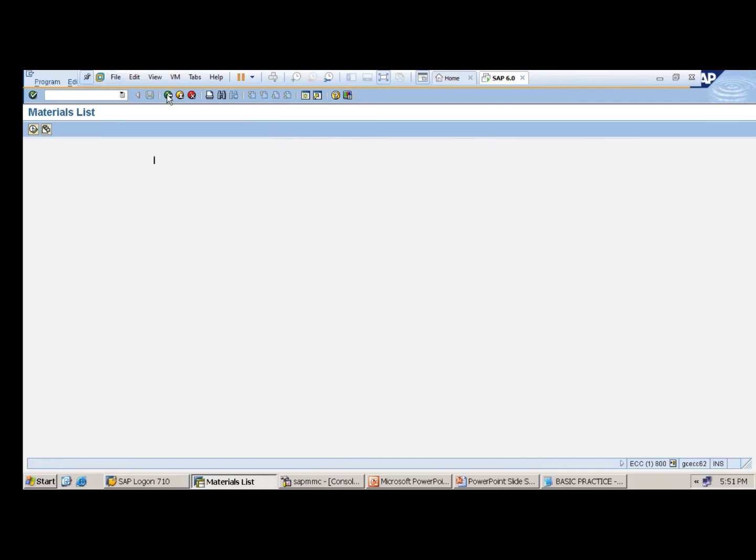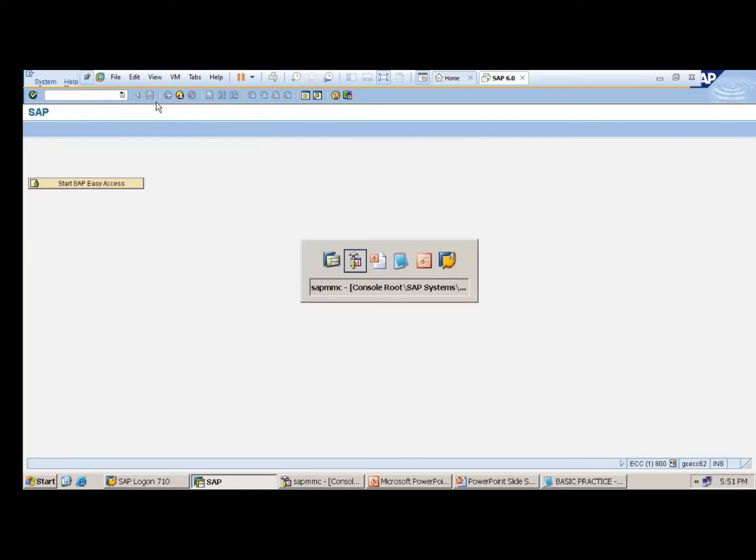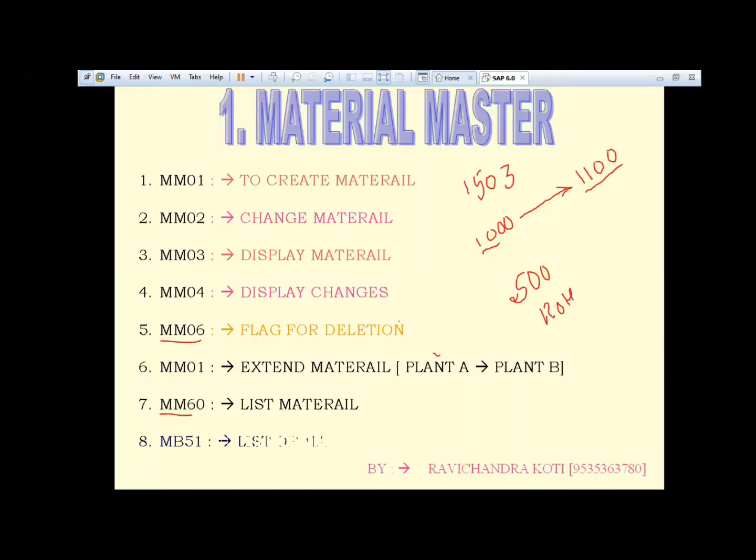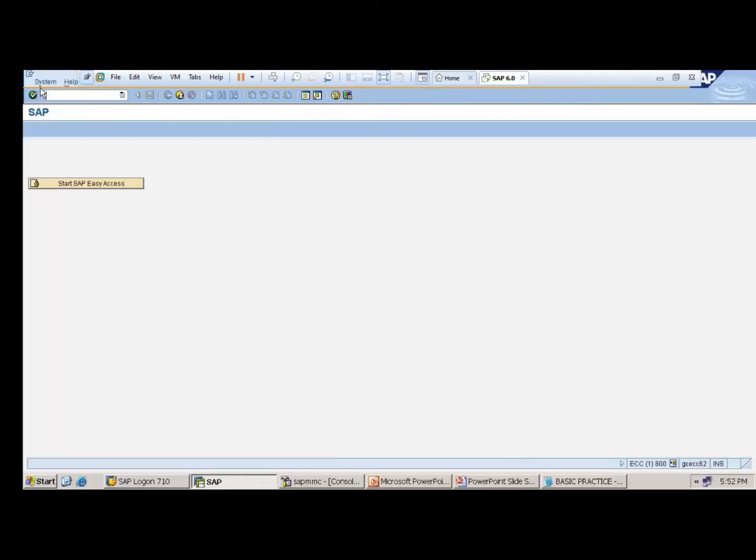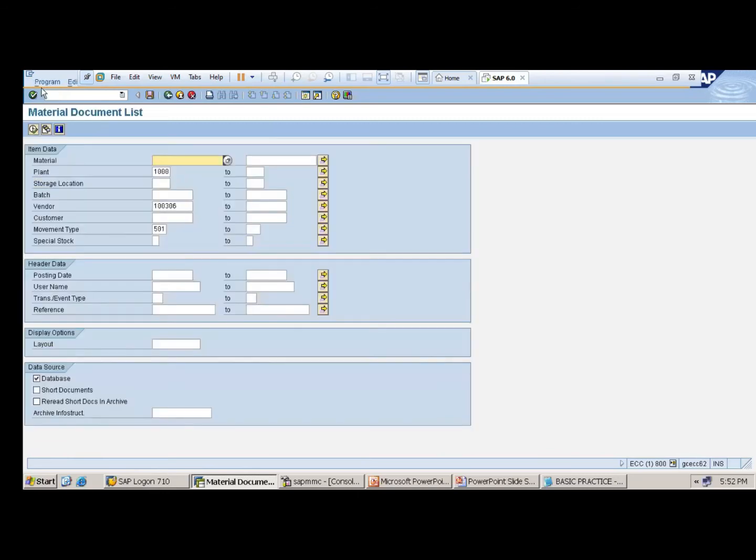Okay, well, then I want to find the list of materials based on the material document. So go for MB51. Let me check. MB51. Enter. See, material, plant, storage location, batch, vendor, movement type.